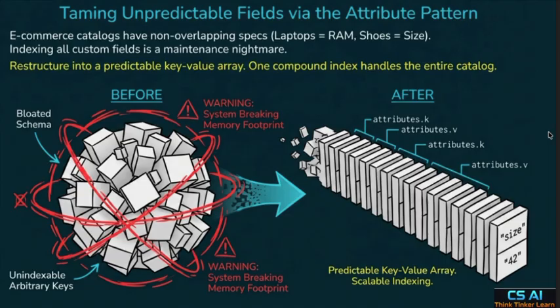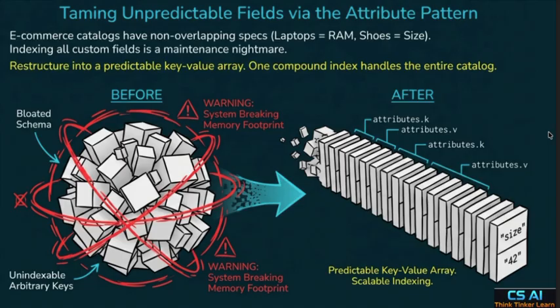E-commerce catalogs often have unpredictable fields, like laptops have RAM specs, while shoes have sizes. Trying to index every custom field is a maintenance nightmare. We tame this via the attribute pattern. We restructure specifications into a predictable key-value array. This allows a single compound index to handle the entire catalog, preventing a bloated schema and saving your system's memory